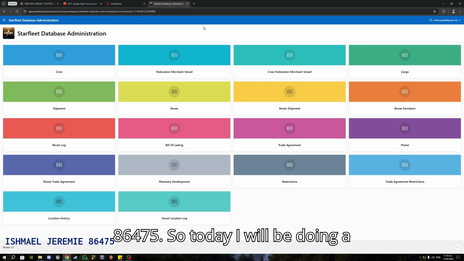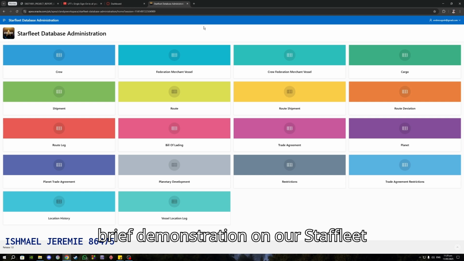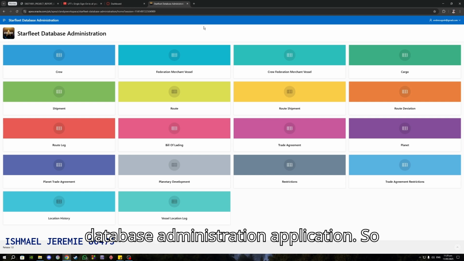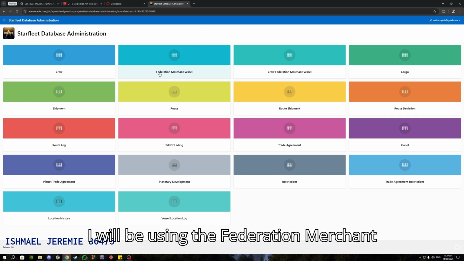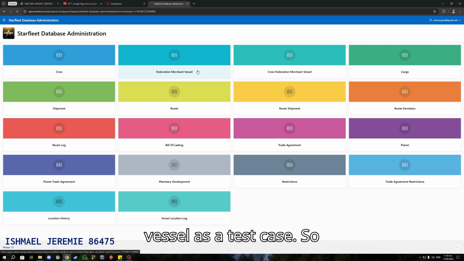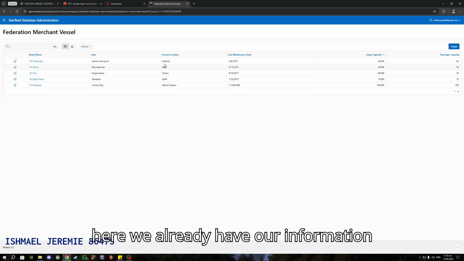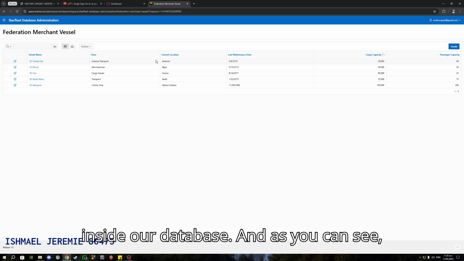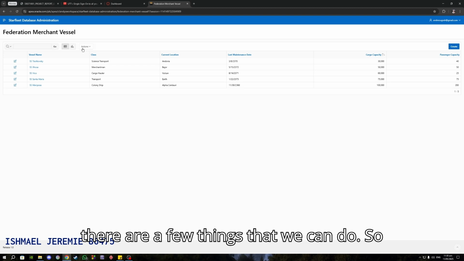So today I will be doing a brief demonstration on our Starfleet Database Administration application. So I will be using the Federation Merchant Vessel as a test case. So here we already have our information inside our database, and as you can see, there are a few things